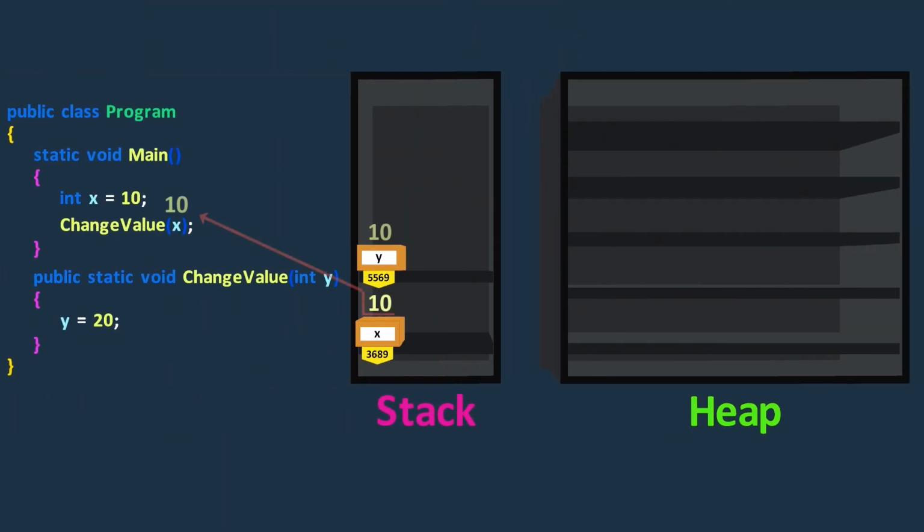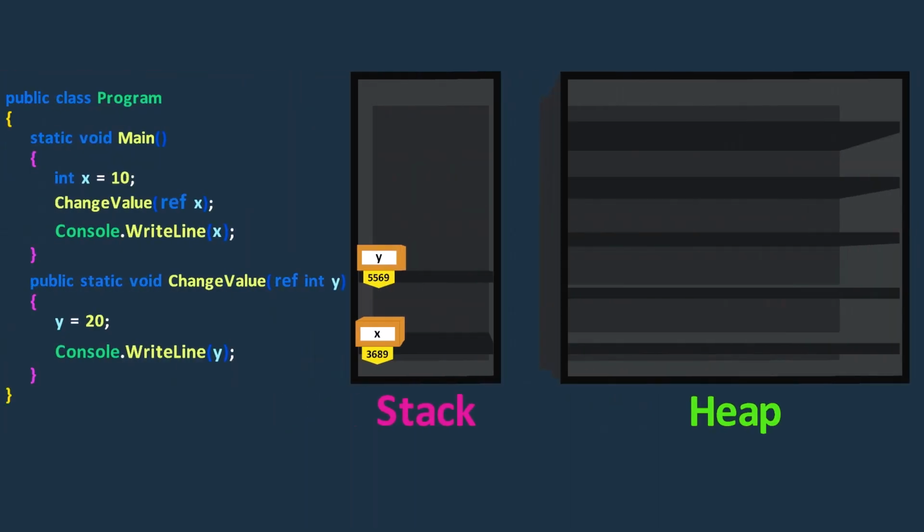Alright, let's look at the previous example. Here, we pass a value type variable as an argument to the changeValue method. When we change the value inside the method, the x variable in the main method remains unchanged. This happens because we pass the x parameter by value. Since x and y are value type variables, they are separate variables, and changes to one of them don't affect the other. This behavior is called passing a parameter by value technique.